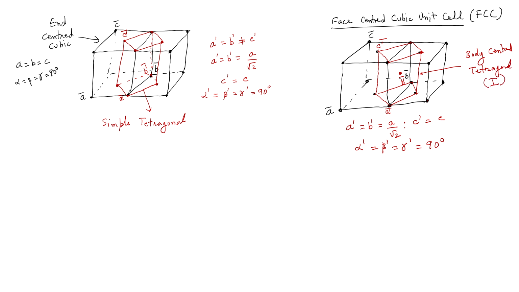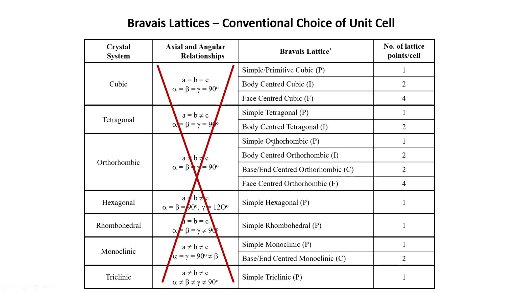The symbol that is used is I, but I already have a cell which is face centered cubic. So, if it was just a question of using a smaller cell having fewer lattice points, then I should remove the face centered cubic unit cell as well from this list and put it in tetragonal.